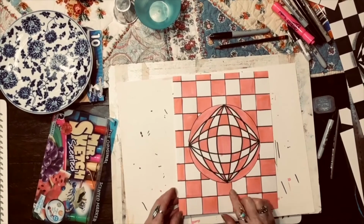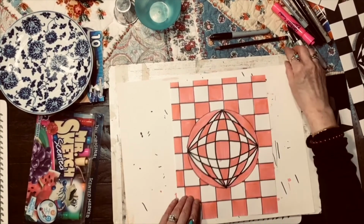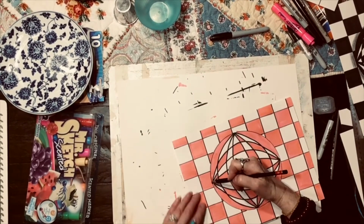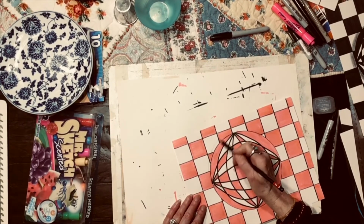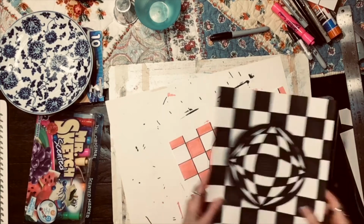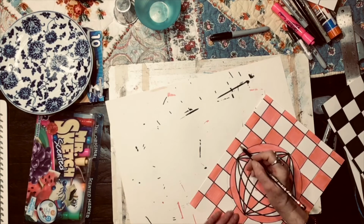If you want to make it look like it has a shadow, then you need to bring some shading in along here, and you can either do that with a pencil. So I would pick one area and kind of bring the shadow out. You can see that shadow here. I did it with a colored pencil, but you can really do it with any pencil